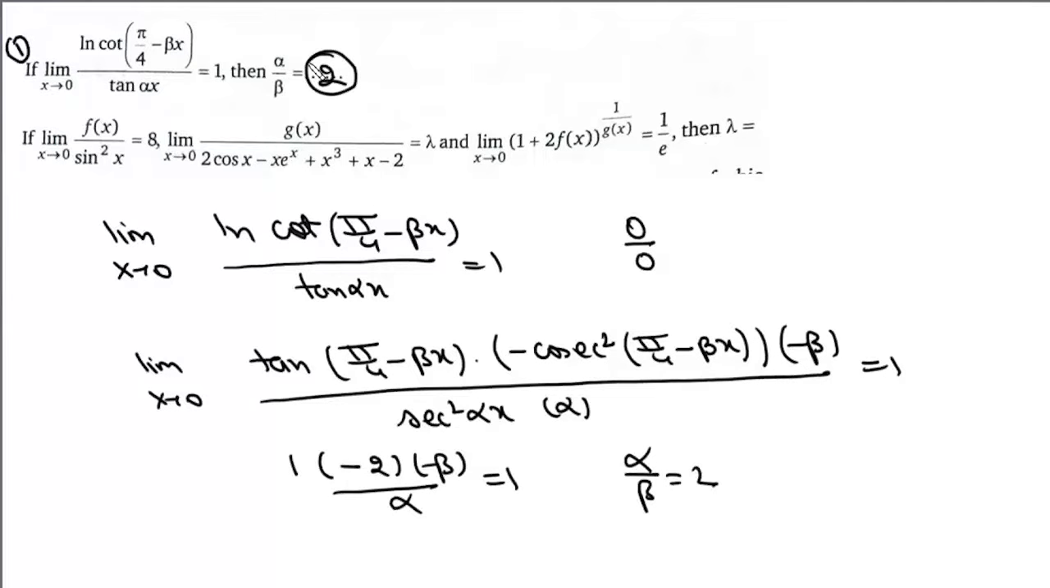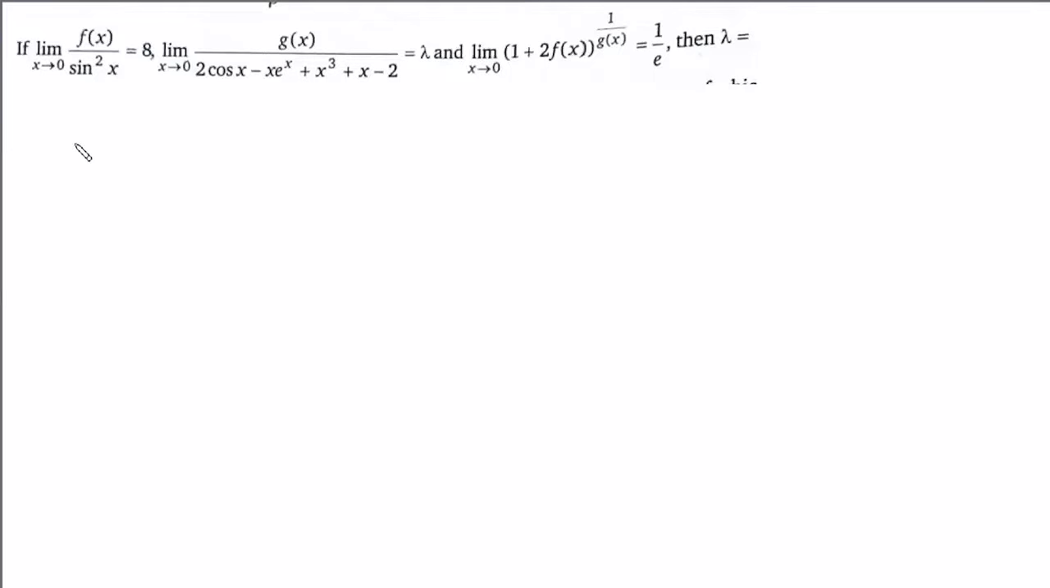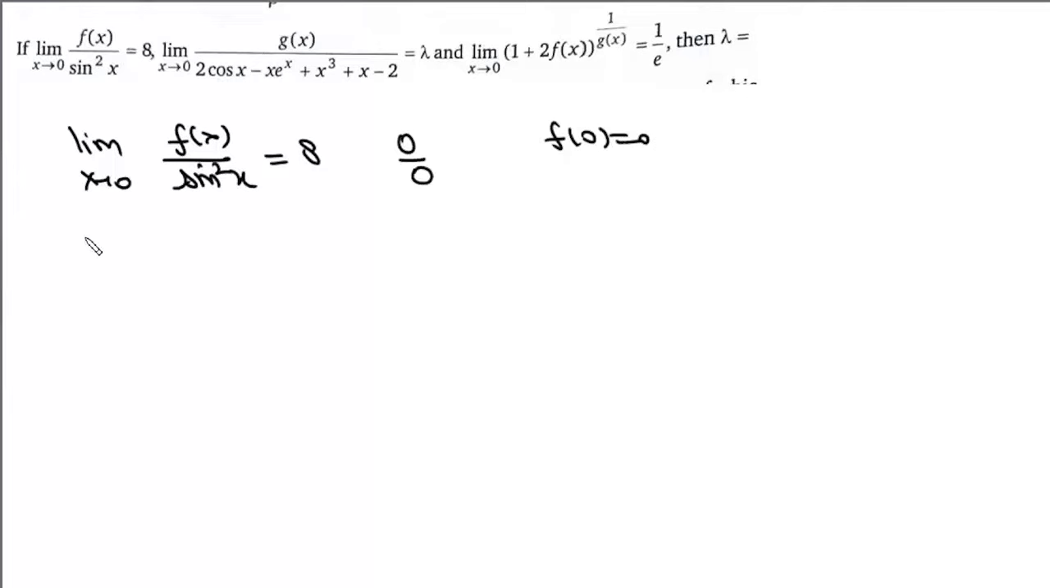So the answer to this question is 2. Now the question is, if limit x tends to 0, f(x) upon sin square x equals 8. Now it has to be 0 upon 0 form. That means f(0) is 0, and also this limit x tends to 0, g(x) upon